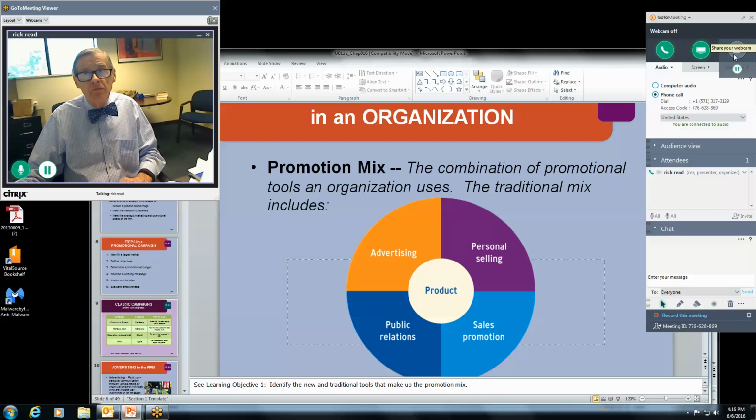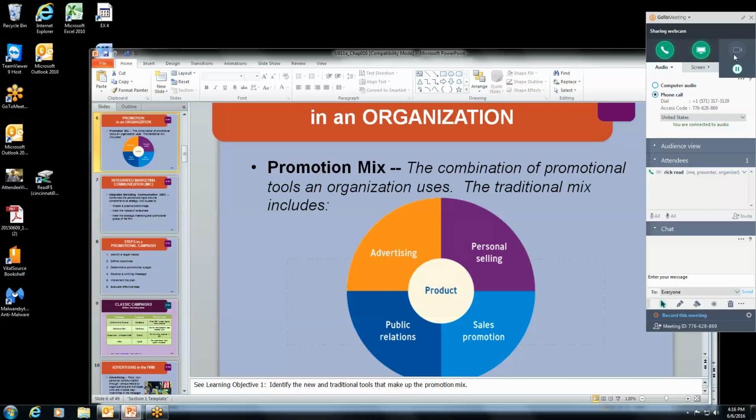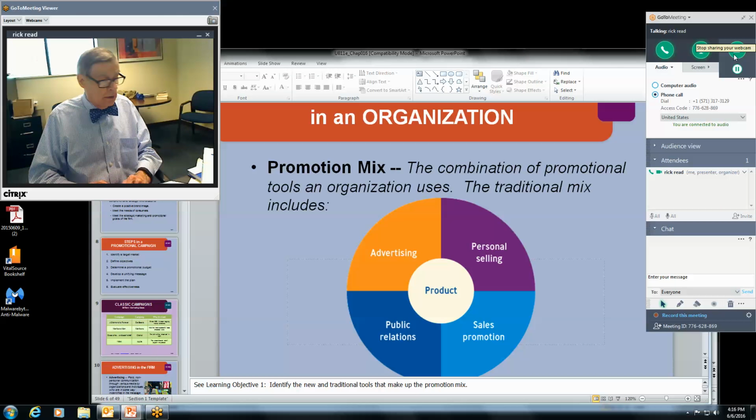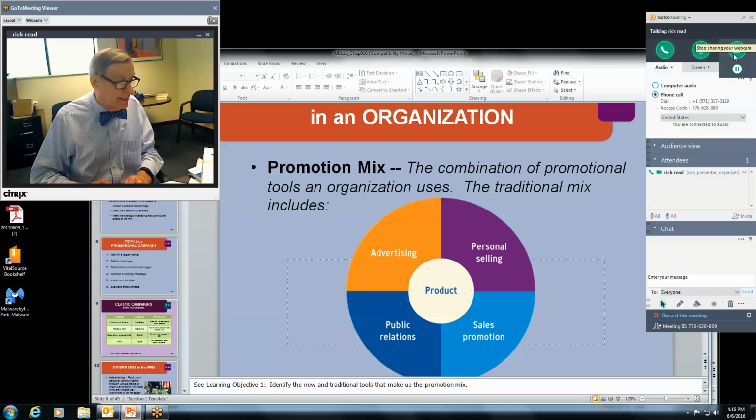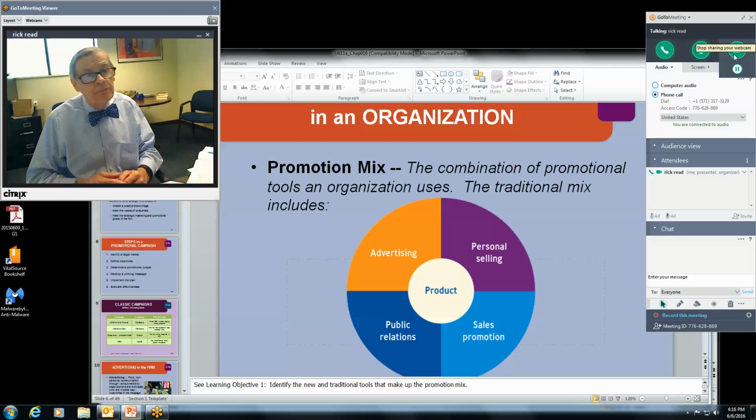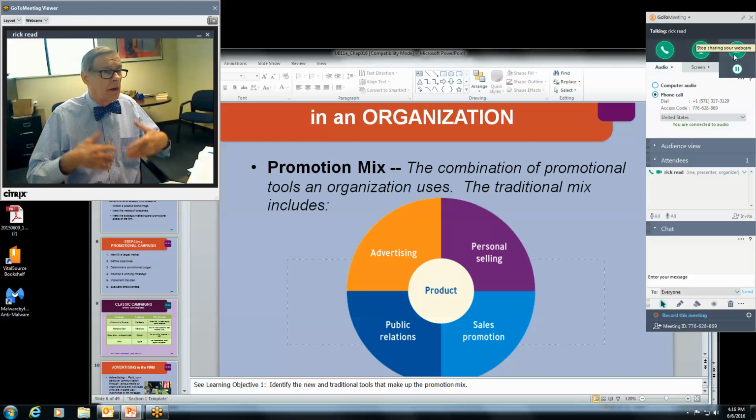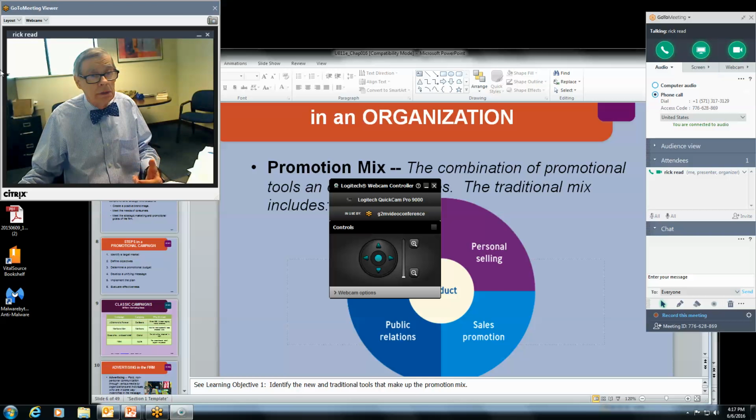If you look at this particular slide, you can see this at figure 4.1 in your text on page 448. We have such things as personal selling, sales promotion, public relations, and advertising. Now, the first thing I want you to take away with this is that personal selling is very intense. We're talking about taking someone or someones out and having them make some type of presentation to a potential